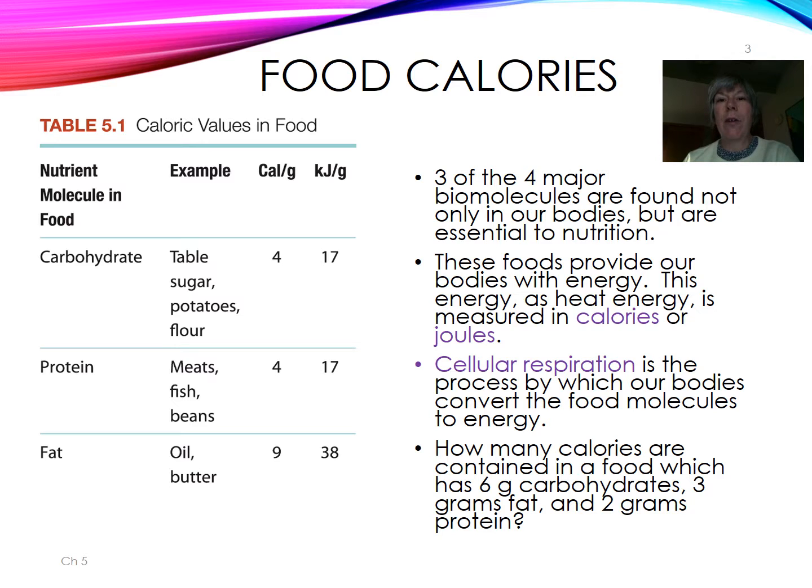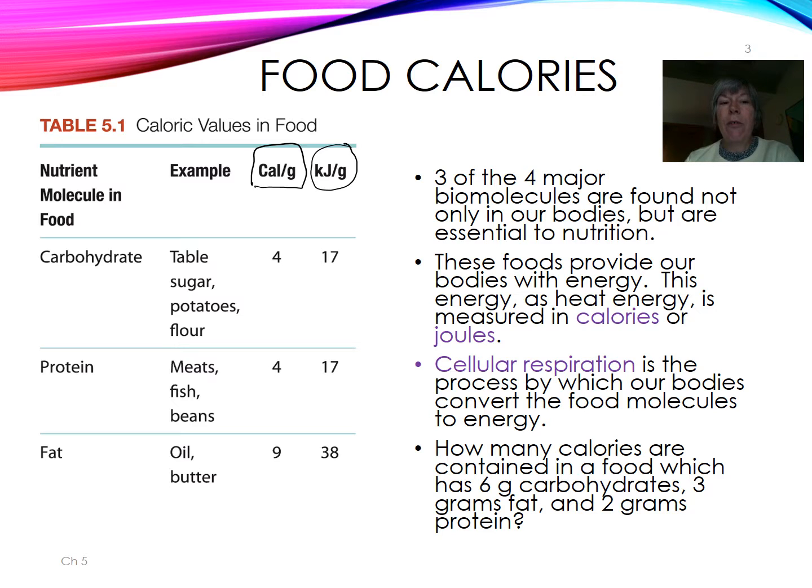We're going to start out by talking about what food calories are. Food calories are the amount of energy in foods, and they can be measured not just in calories, but you could also measure them in joules. The abbreviation over here in the right column on this table stands for kilojoules per gram. The next column to the left is calories per gram, and then it gives some examples of each type of